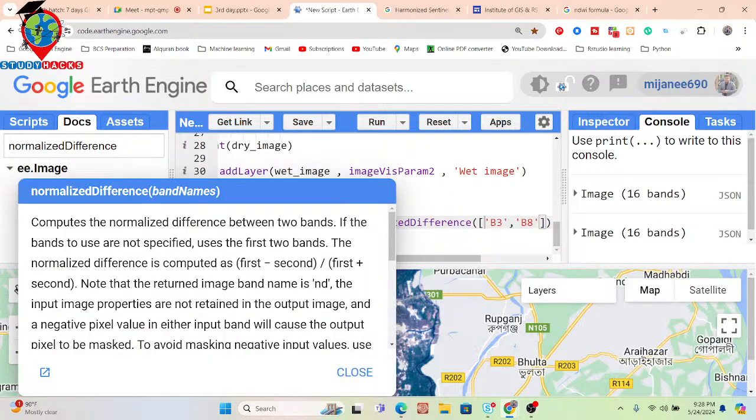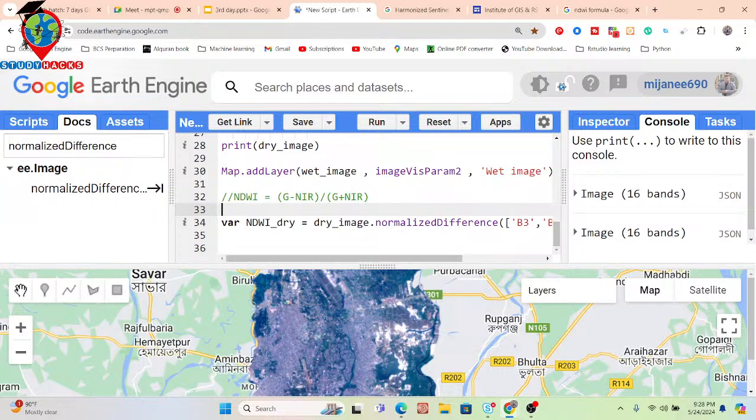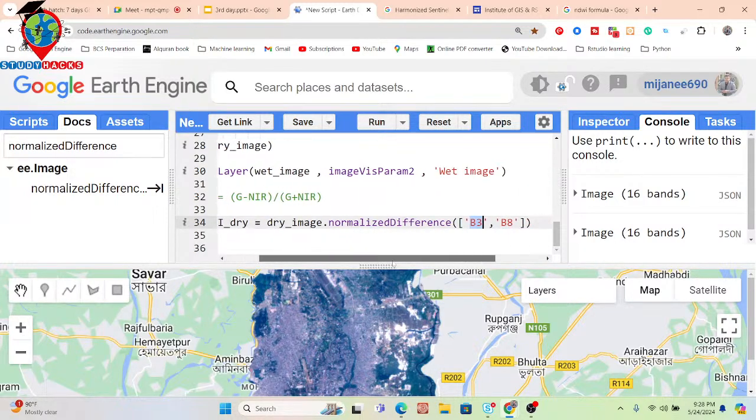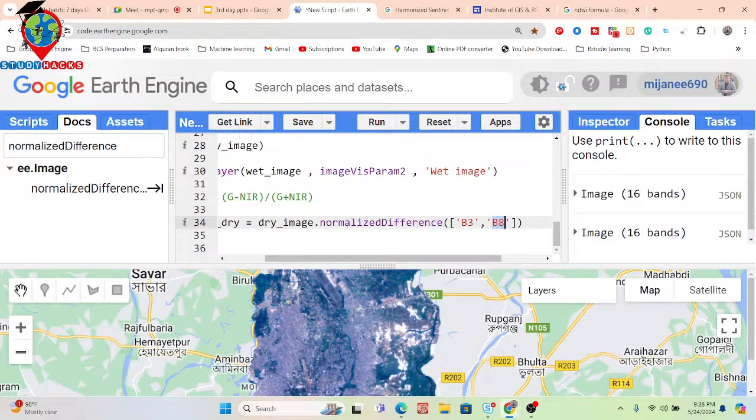You can see the description: it computes the normalized difference between two bands, first minus second divided by first plus second. My formula is green minus near infrared divided by green plus near infrared, so my first band is green, which is B3, and the second band is near infrared, which is B8. So this function calculates the NDWI.